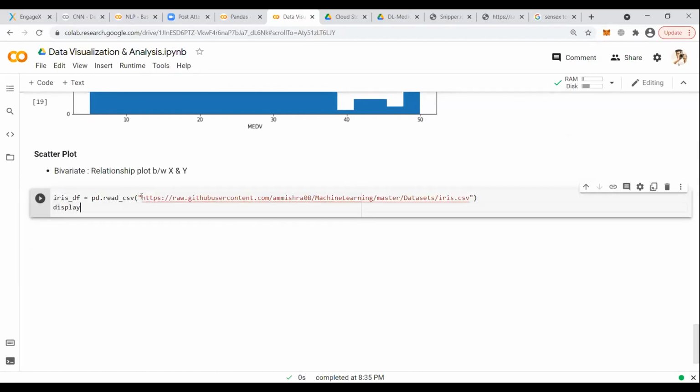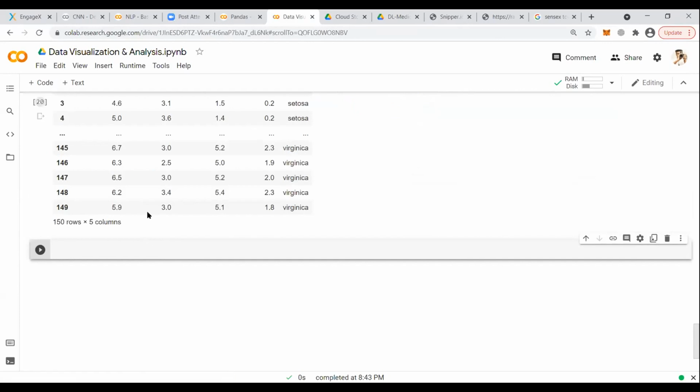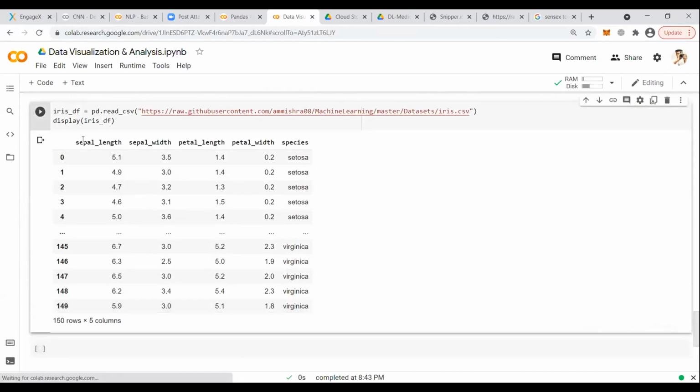It will display here iris_df. What is the iris_df file? It shows sepal length, sepal width, petal length, and petal width.